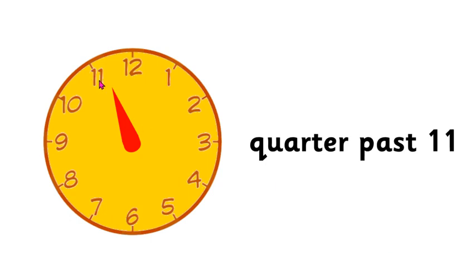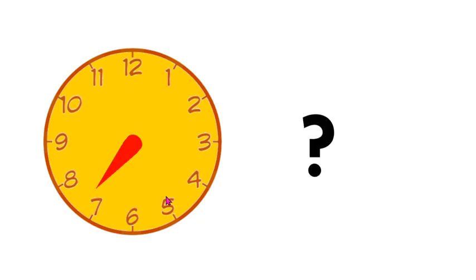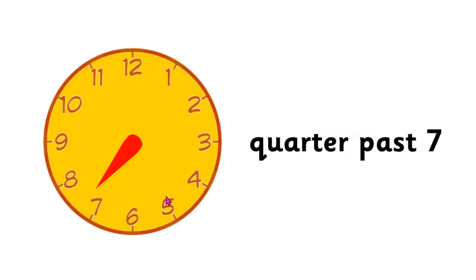11:15. It's not pointing straight at this line. It's not pointing halfway in between. How about this one? It's 7:15. Now get your book and your pencil ready because we're going to go on to J, K and